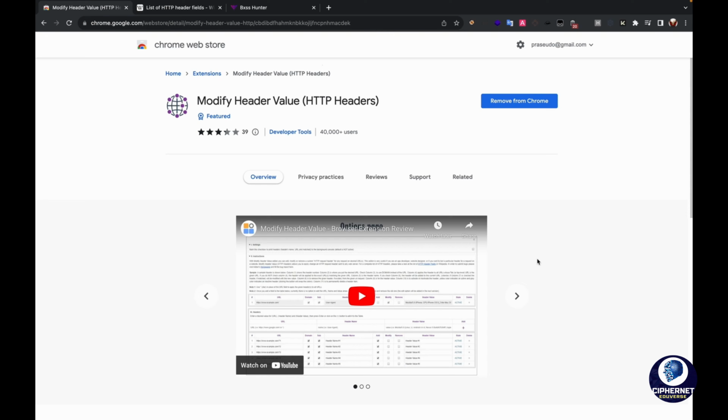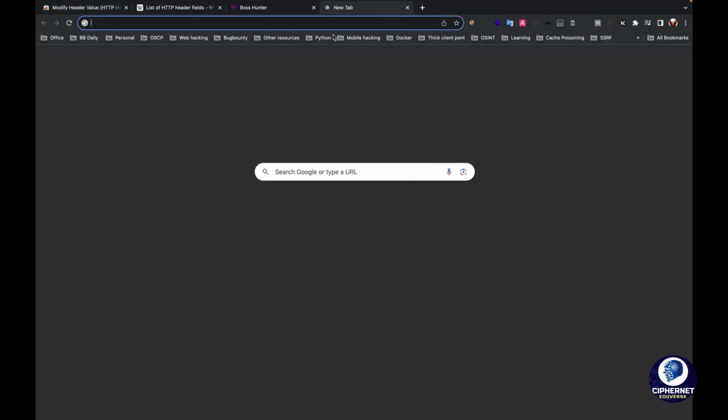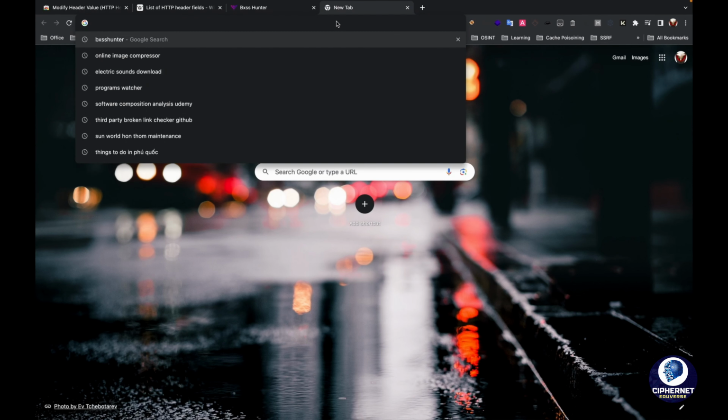for the selected URLs. This add-on is not only useful for app developers or website designers, but it is also very useful for pen testers, hackers, and bug bounty hunters. Modify Header Value allows you to easily change any HTTP request headers sent to any web server. To understand more about this tool, first let's start with how to install this particular extension